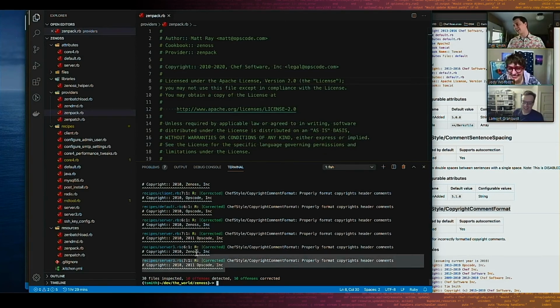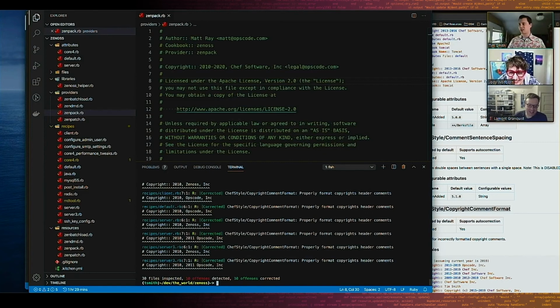So this cop was off by default, right? And we just enabled it by saying only. You can also enable it in the rubocop.yaml. You can say Chef/CopyrightCommentFormat: and then the next one is Enabled: true. And that'll just turn that on for all your code. But that went through there and updated that date, and it's still opscode.com. We've got to fix that. That's a bug. But yeah, it replaced the Opscode and made it Chef. So that was nice. That was my first silly cop. The date part should probably get removed, but it's highly tunable, which is pretty cool.